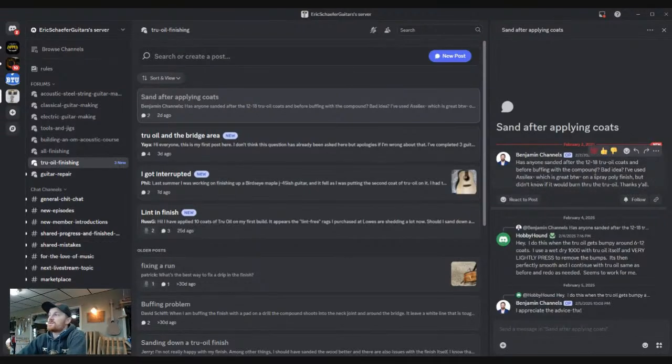So actually sanding with True Oil is a funny topic where depending on who you ask, some people like myself will say, no, don't sand. You don't need to. But there are a lot of people who do True Oil finishes, and they do a leveling step, a sanding step at the end before buffing. The reason there's controversy is really because oil finishes don't need a sanding step. In fact, you should not be sanding on an oil finish, but True Oil is